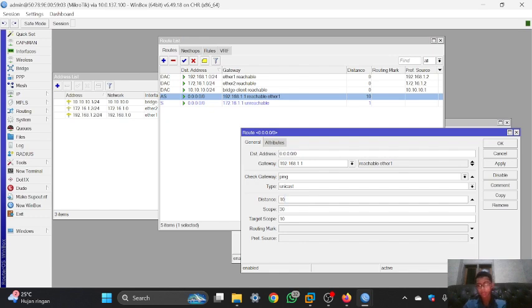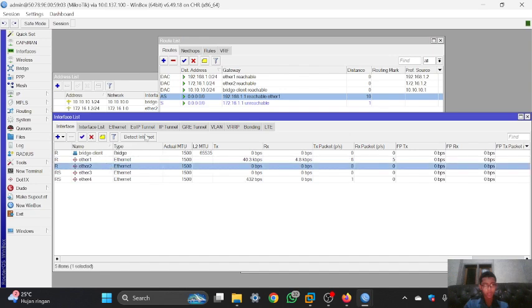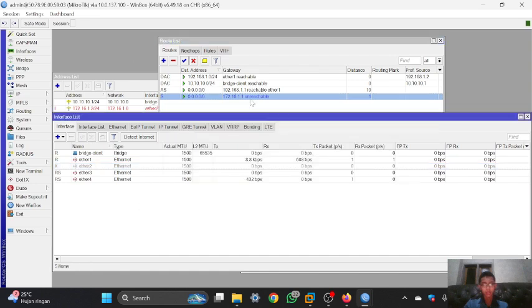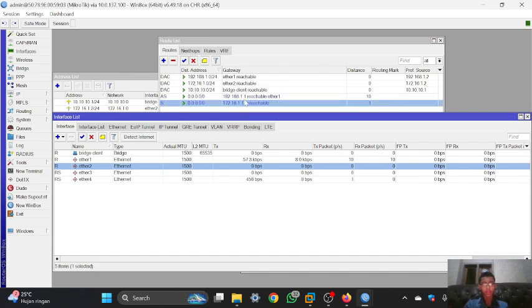For example, I will go to interface, and then we'll turn off this Ethernet that connects to the ESP2. We'll click enable. So as you can see, it is automatically changed. So that is the function of the check gateway tool.